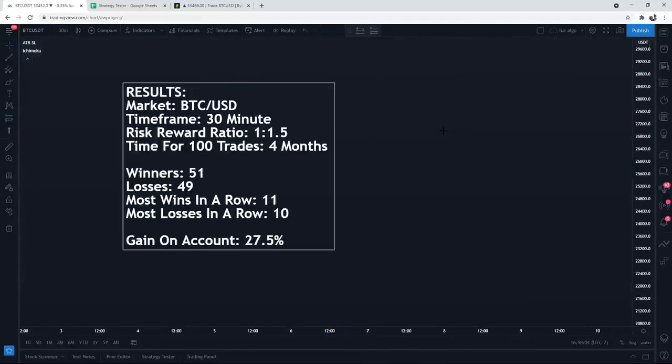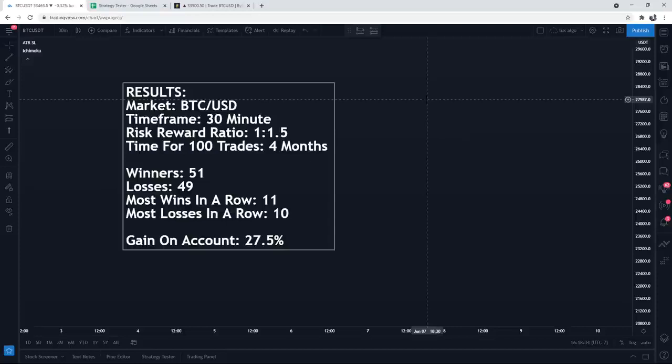All right, the results are in after the 100 tests. So let's go over them here. We have this done on Bitcoin against the US dollar, 30-minute time frame, using a 1 to 1.5 risk to reward ratio. Took 4 months of price data to do the 100 trades, and there were 51 winners and 49 losses. The most wins in a row was 11, and the most losses in a row was 10. We're going to talk a little bit about that. Very interesting equity curve on this one, and the gain on the account